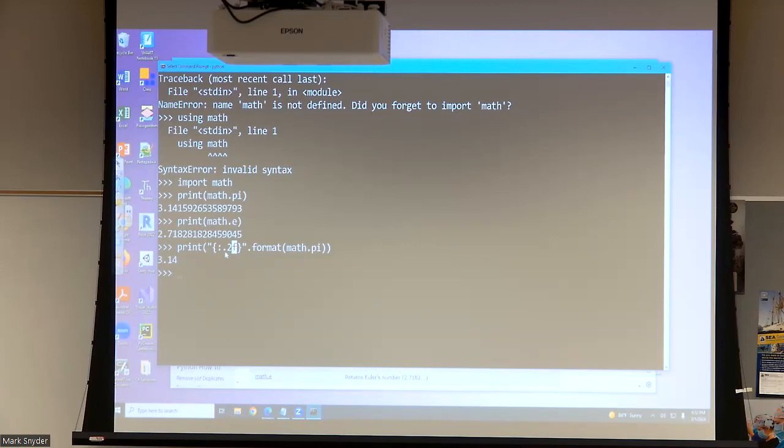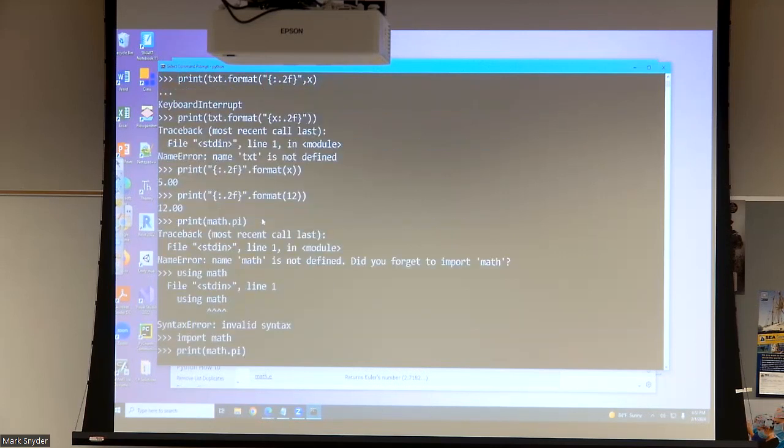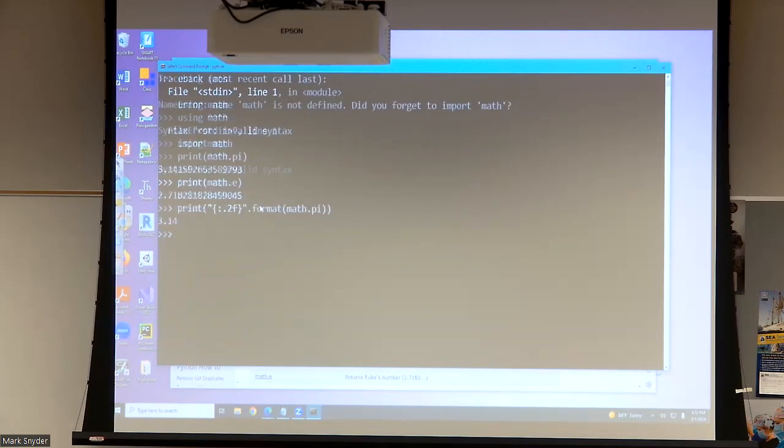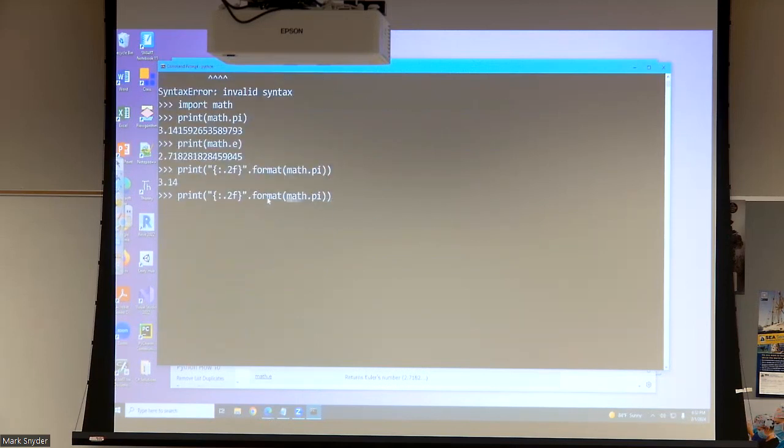But yeah, this specifically says I want to always print this with a decimal point and 2 digits after the decimal point, even if they're 0. Remember our example from up here. X was equal to 5, but we still printed 2 zeros after the decimal because the format code says so. And as you might imagine, if I say .5f, then I'm going to print 5 numbers after the decimal. So it's very powerful and interesting, and I could stand up here and show you 100 different examples, but